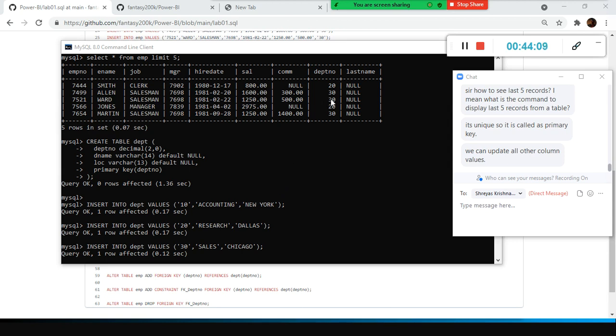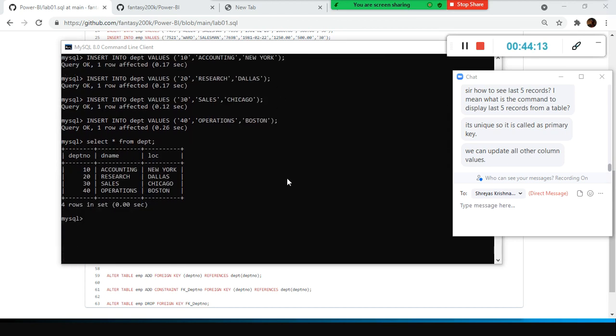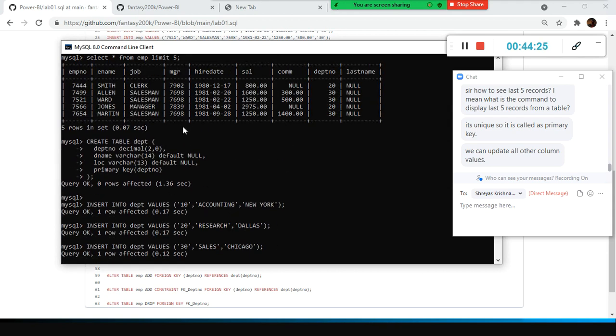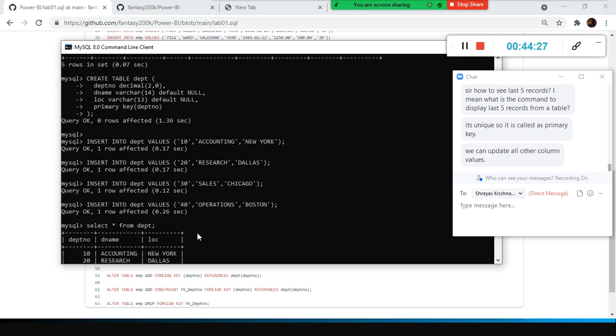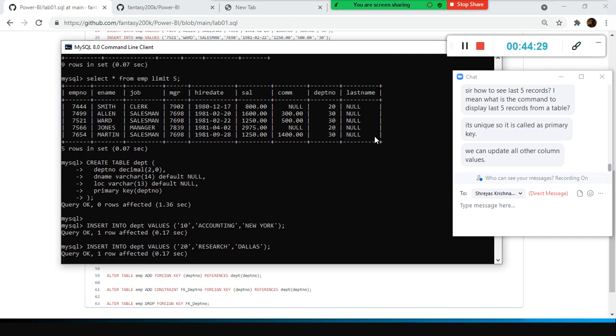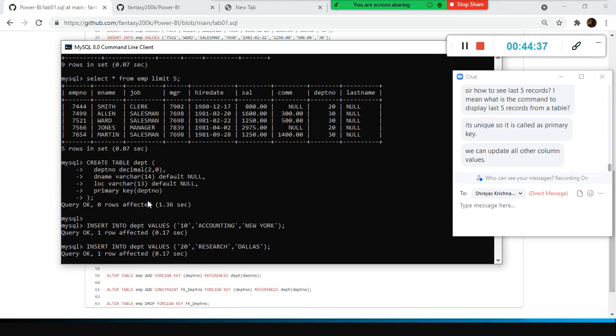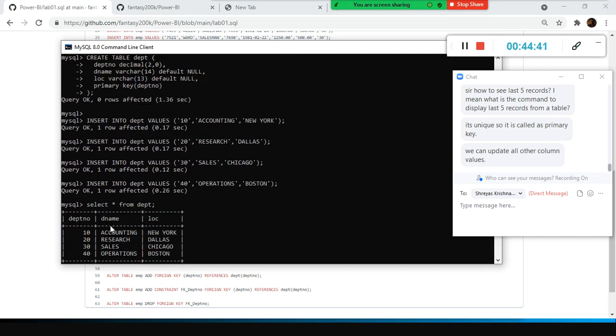You know very well the sales department has a department number, so you can give it like this, but if you want the department name to be displayed, you need to join these two tables. There is a command called join, which joins these two tables based on the common column between them. What is the common column between the department and employee table? Department number, very good.